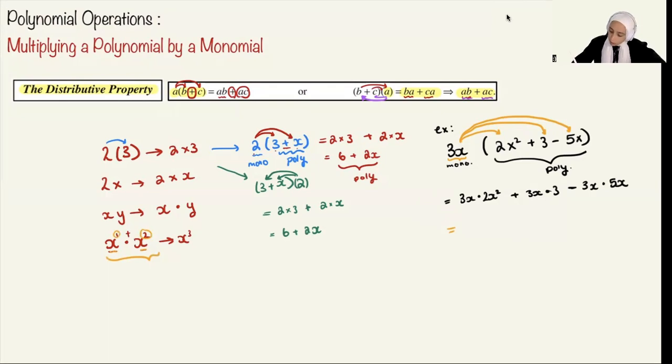So over here, when I'm multiplying this, then I'm saying, oh, 3 times 2, that's 6. x times x squared. Now, notice what happens when I multiply x by x squared. They have the same base, x. Now I need to add their exponents. It's exactly the one that we had over here. So then I get x to the power of 3, okay? So I get 6x to the power of 3 plus, over here there is no variable, so I just need